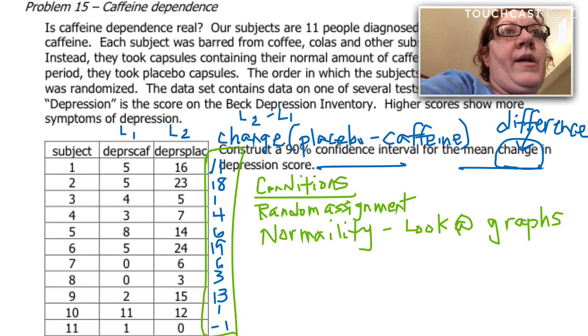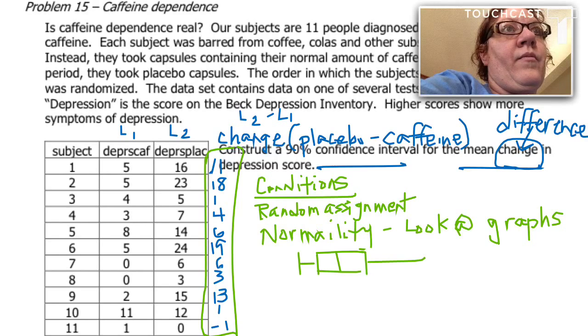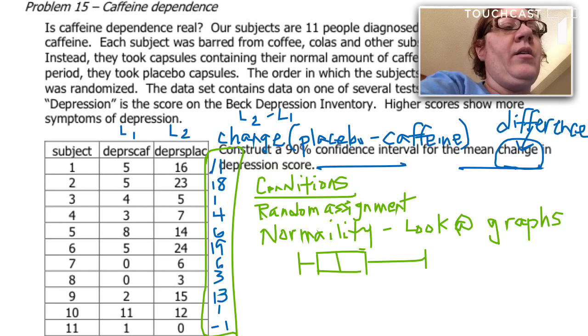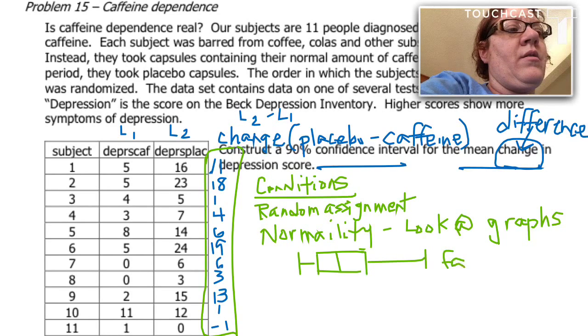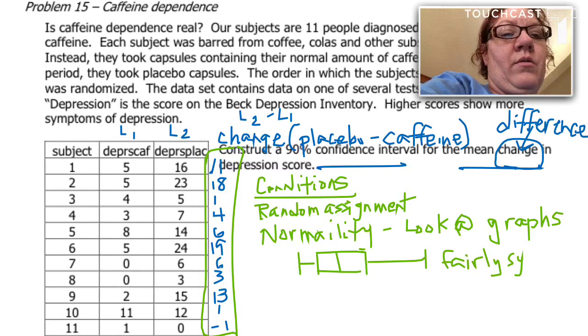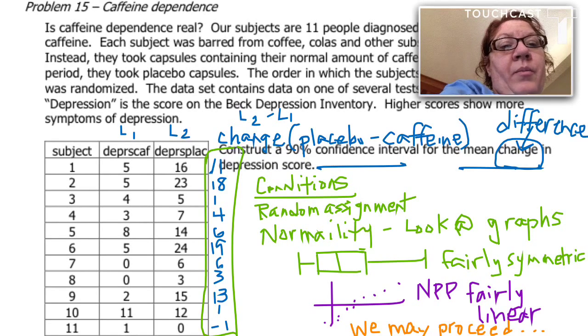So the first thing I did was I checked a box plot, and my box plot looked something like this, not exactly rounded on the ends. So it was fairly symmetric, which is desirable. And the normal probability plot was fairly linear, so again, convinces me of